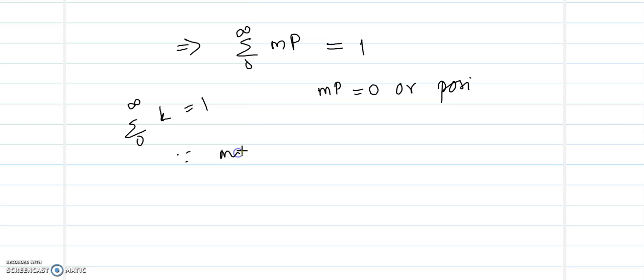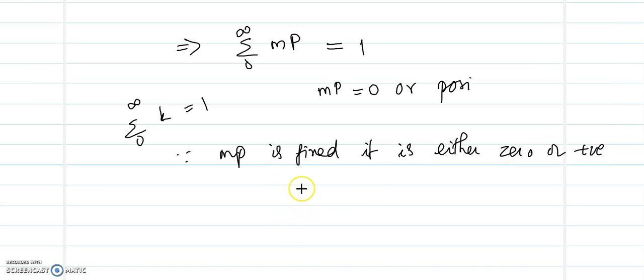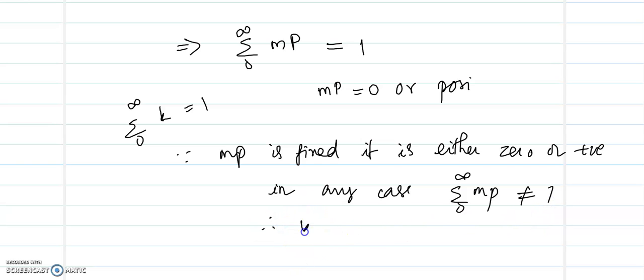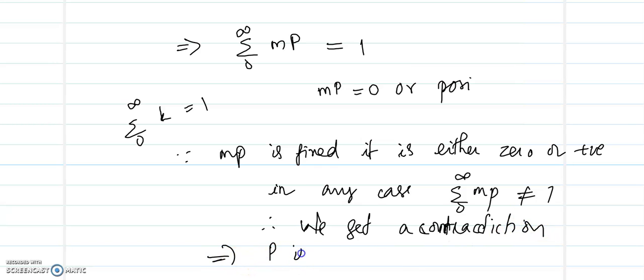So since mp is fixed, it is either 0 or positive, അല്ലെങ്കിൽ 0 ആയിരിക്കും അല്ലെങ്കിൽ positive ആയിരിക്കും. So in any case, summation 0 to infinity mp cannot be equal to 1. So therefore we get a contradiction. So since we get a contradiction, our assumption is wrong. So that implies p is not measurable. So this is how we obtain a non-measurable